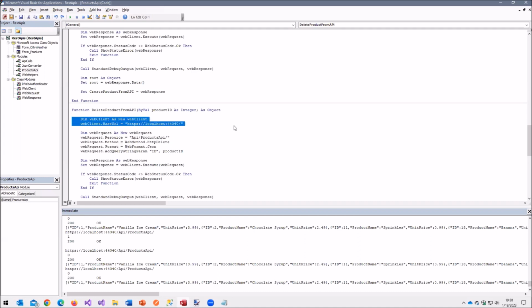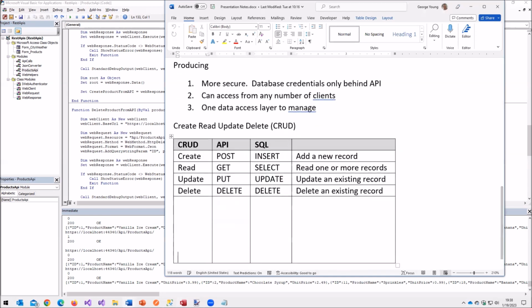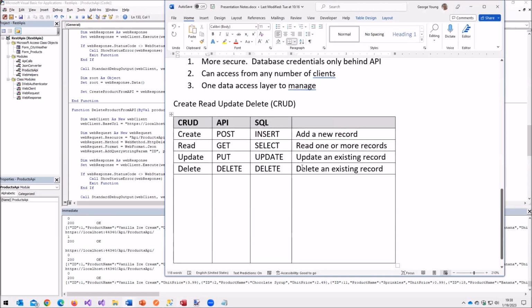So notice same code here, except our method is now HTTP delete. You'll recall that delete is how we delete an existing record. When we were selecting, our API method was get, now it's delete.